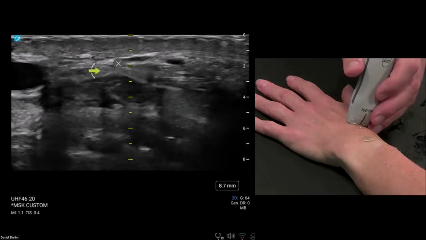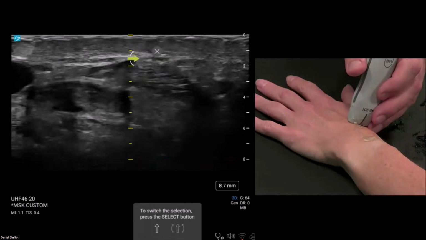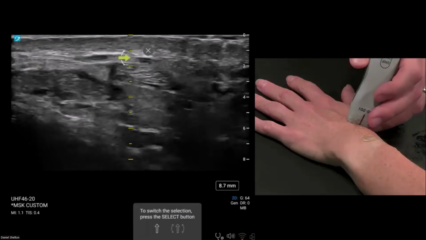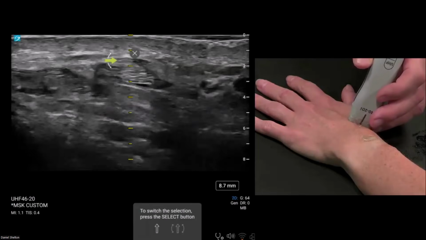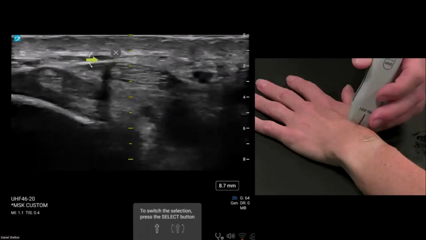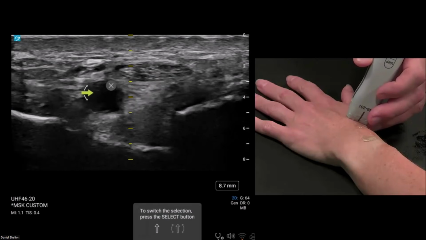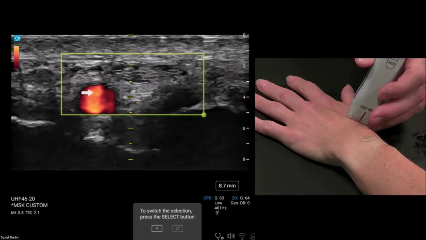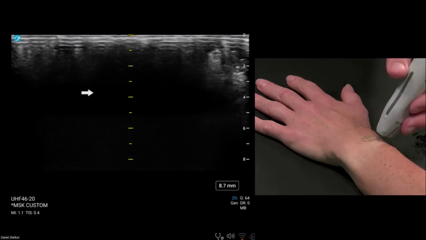But yeah, that's her EPL, and you can see all those little nerve branches sitting on top right there. You could easily land your needle on accident into one of these little nerve branches and just cause some unnecessary pain, and maybe artificially anesthetize an area on accident for a period of time that you didn't mean to. And then you got your radial artery here. A lot of landmarks in the area to avoid. But yeah, just scanning nerves.